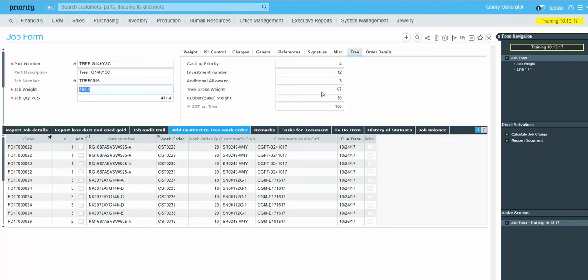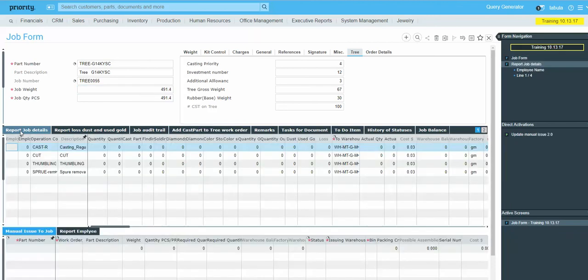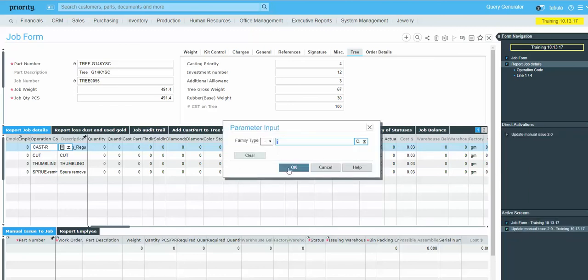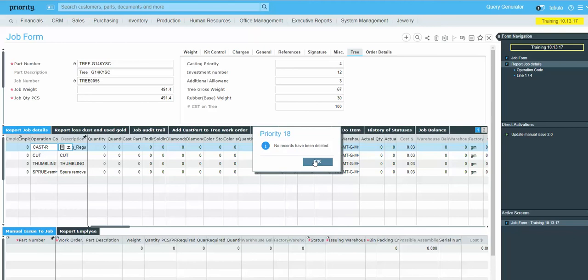weight. The next step will be to report the tree, but before I report the tree I need to issue the graining. In order to populate the manual issue, I will stand on the first operation, which is the casting, and click update manual issue with the star, and I will get OK here,